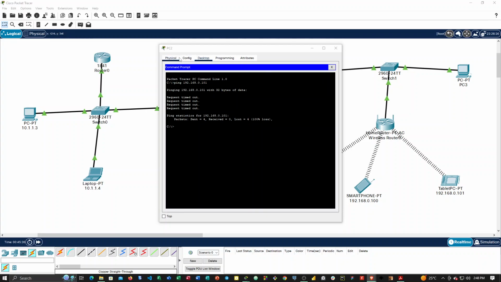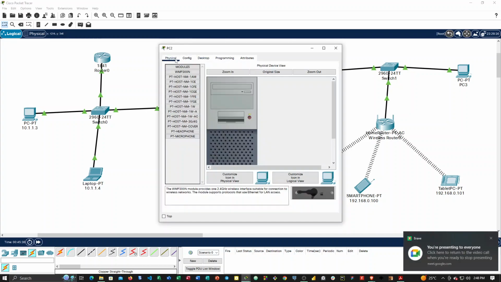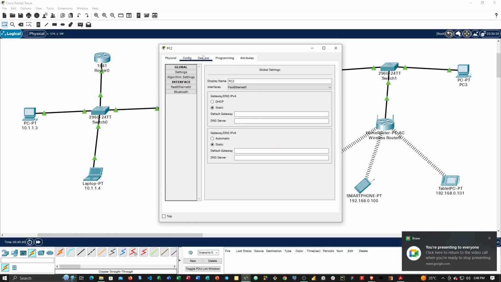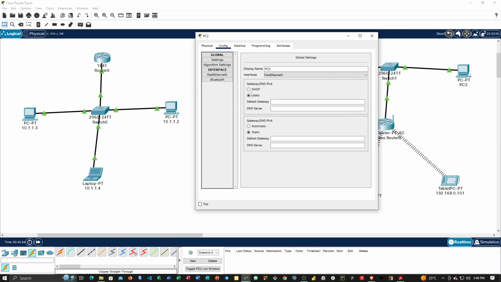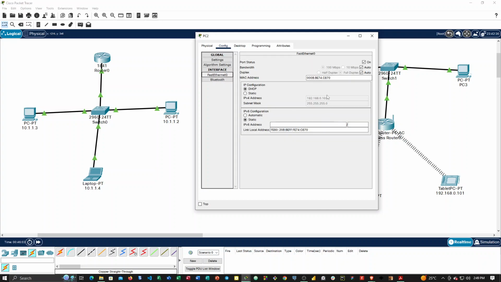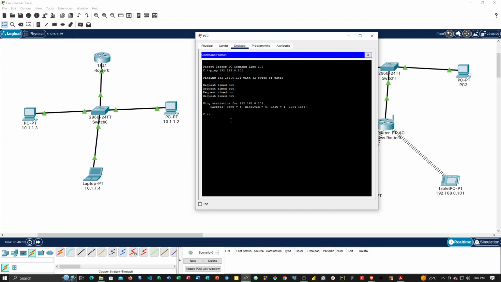Now, what happens here, if you look at the physical configuration, is that the PC is still using the static way of entering an IP address. I have not changed the configuration protocol to DHCP. Now let me do that. When I change this one to DHCP, you see it is able to pick the router and it is able to get an IP address. Now when I do the ping again,